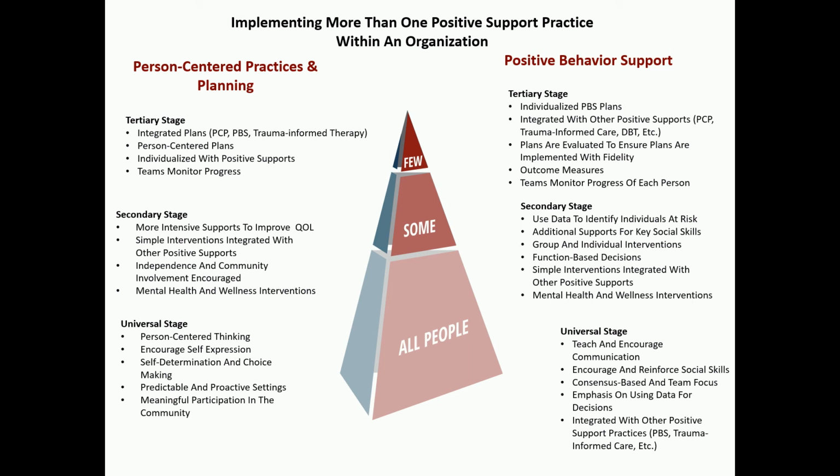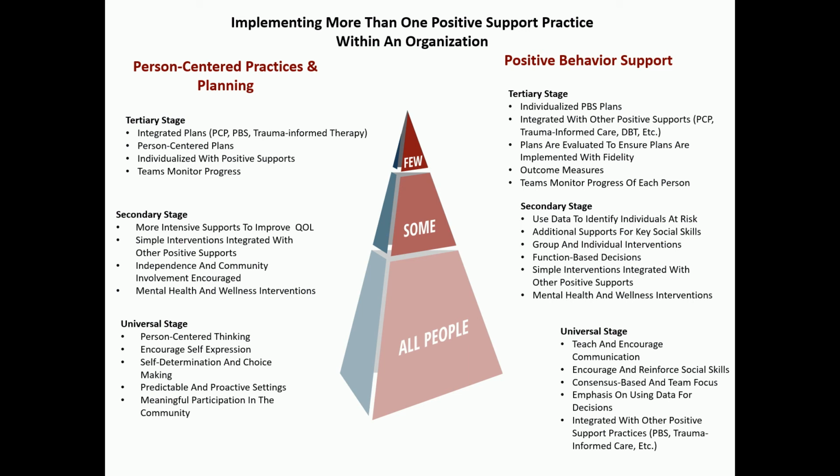So the tiered model can be applied to both person-centered planning and positive behavior support. There are many similarities in how this is done. At the universal level, this includes all people, direct support professionals, people being supported, staff, and administration within an organization. This level is preventative. It's promoting and teaching these behaviors and incorporating these person-centered values for everyone, and in how the organization functions as a whole. The universal level is also about having a high-quality experience for everyone.